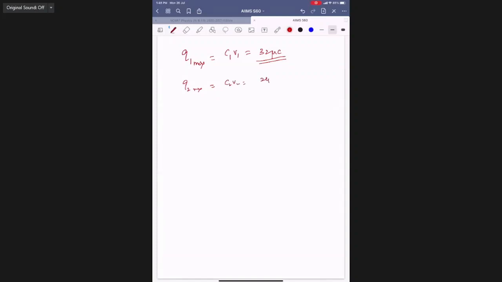24. That means the first one can hold up to 32. The second one can hold up to how much? 24. If the second one is carrying more than 24, it will get burst, na? Yes, sir. Then which one do we have to accept? Can we accept 32 or only 24? 24 is accepted. 32 is not at all accepted. Got it?